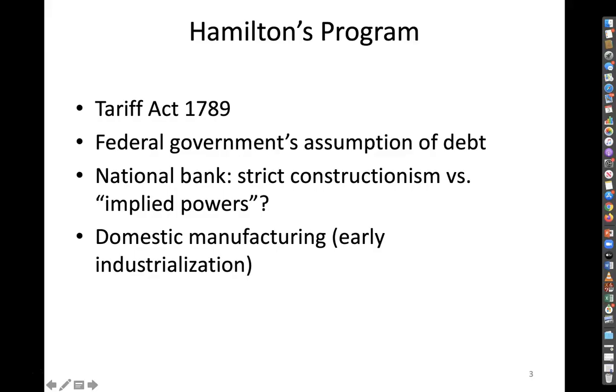Now, in order to solve the problem of insolvency, Hamilton felt that the federal government itself, newly created with the Constitution, should assume the debt that was hanging over the Republic. That is to say, they should pay it off. So you can see the connection between the first bullet and the second, right? Where are you going to get the revenue to pay it off and thereby improve your, quote, credit rating to attract investors? Well, obviously through taxation, right?